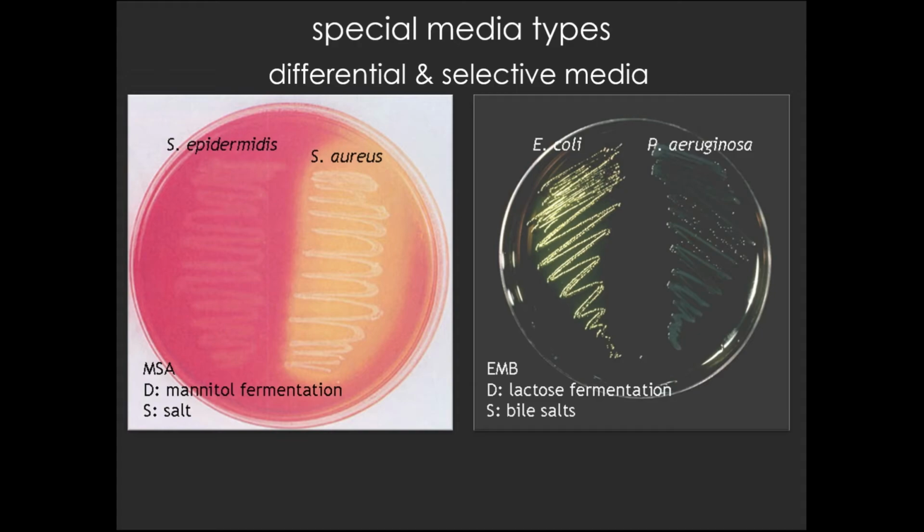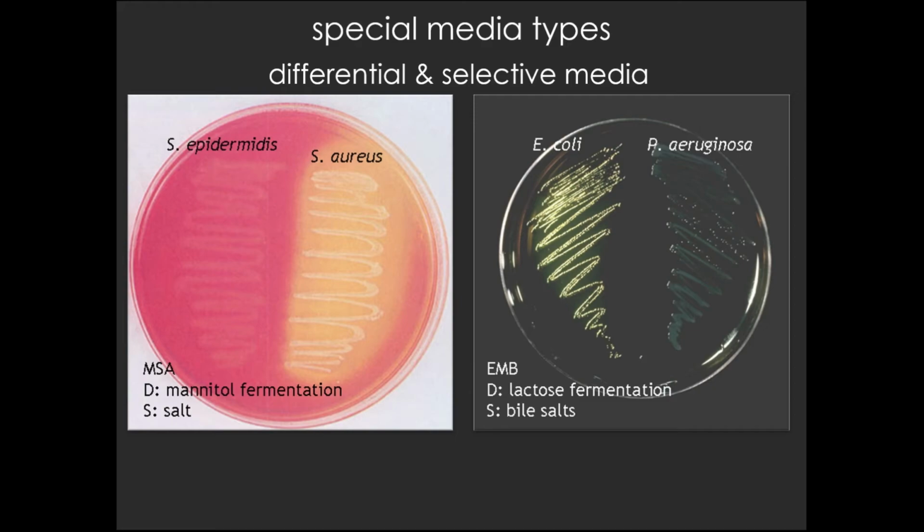The first one that we're going to look at of these two differential and selective media is mannitol salt agar, shown here on the left. Mannitol salt agar contains mannitol and salt. The mannitol, which is a carbohydrate, is something that some organisms are capable of fermenting and some are not. So this medium will differentiate mannitol fermenters from non-fermenters of mannitol, much the same way that the gram-stain reaction will